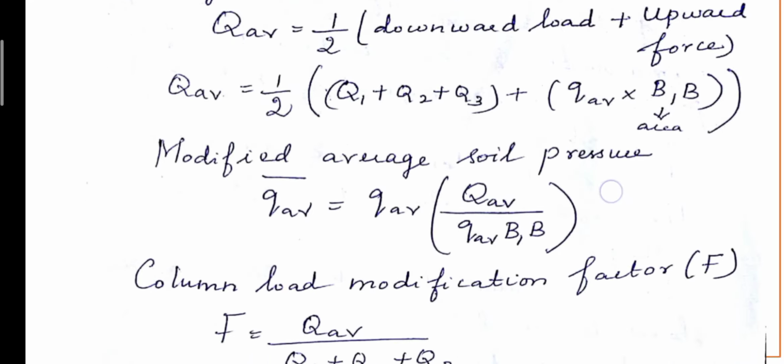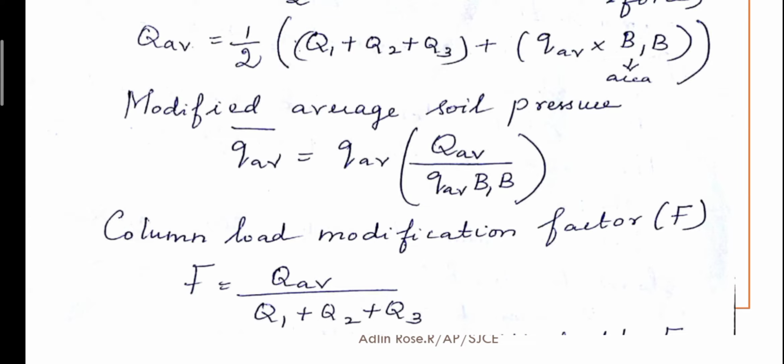Next, we should find the modified soil pressure. Q average is the normal soil pressure, average soil pressure, but we should find modified average pressure. Modified average pressure is due to the effect of other strip on this strip. So for that, you should multiply the given pressure, that is QAV, available pressure QAV, into